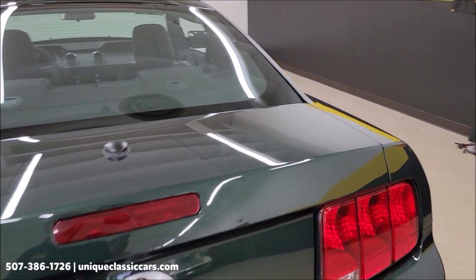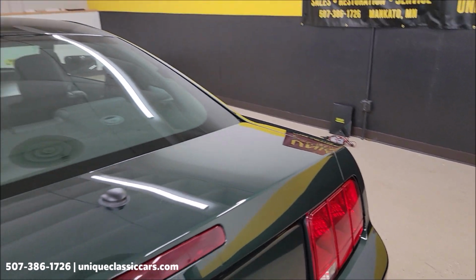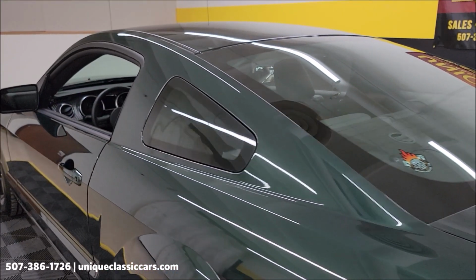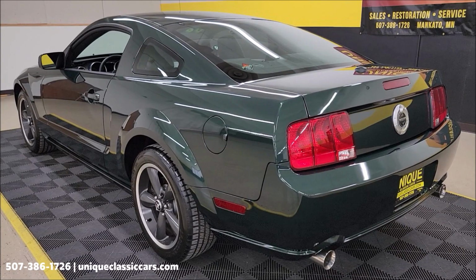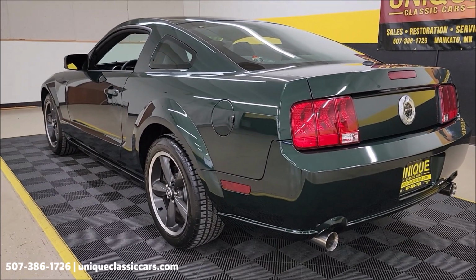I also want to mention there is a battery charger over there on the floor with a little folder that we will send with this car to the next owner. And there's a pigtail on the battery already set up for a trickle charger battery tender. Check out the still pictures underneath the hood. The underside of this car looks as good as the top. Check those still pictures out. Trunk, interior,